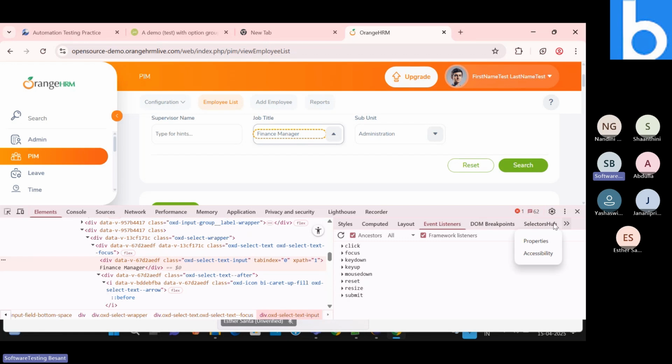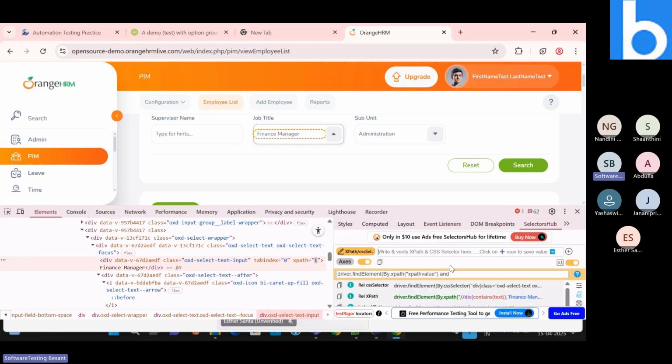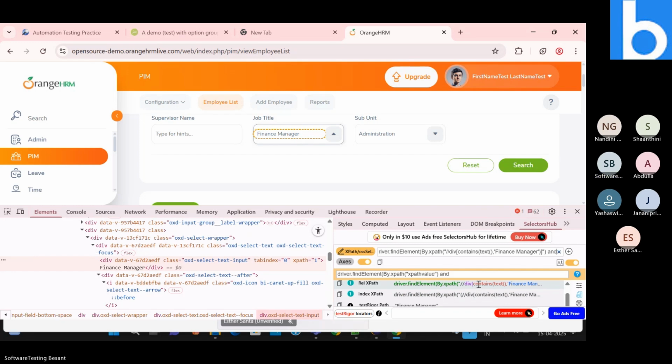I think in the selector hub we can find it. In the selector hub we can find the XPath for that particular element. We can directly use this, but